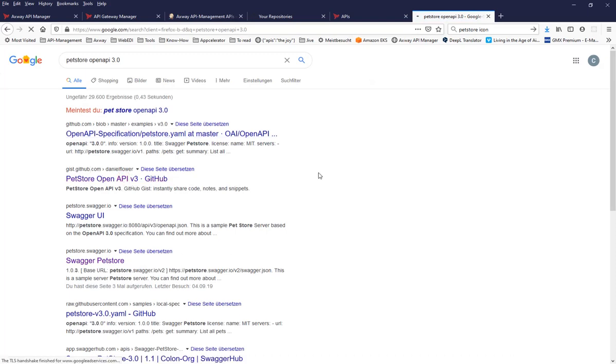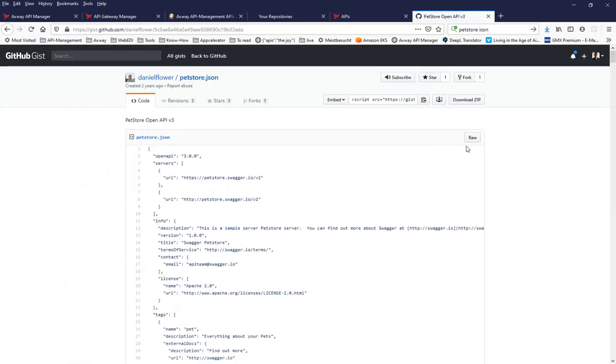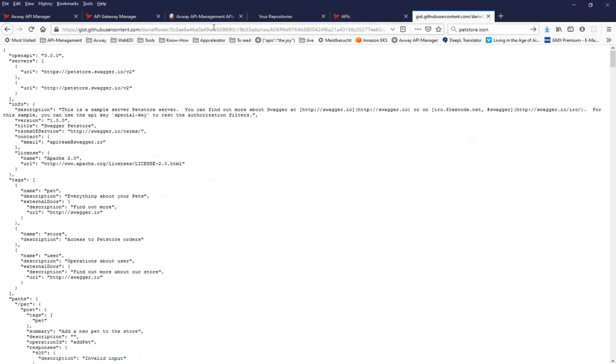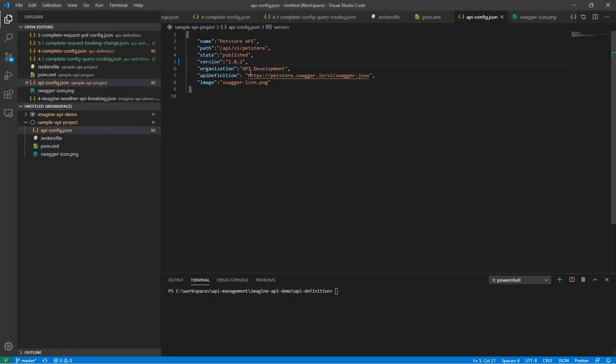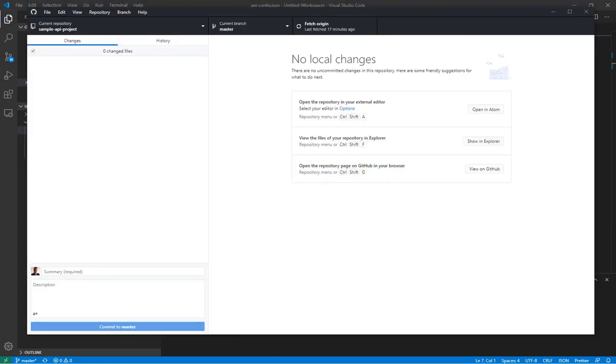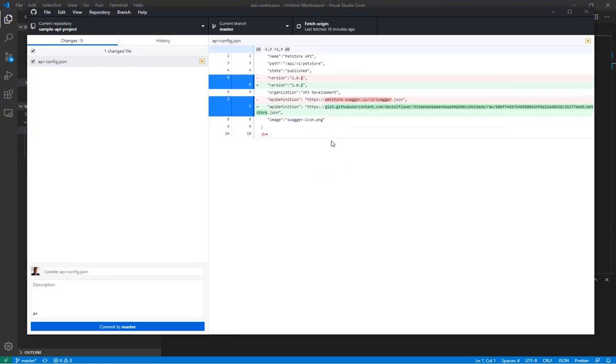Yeah, it looks good. And this is raw. Let's say we would like to take the Open API 3.0 as an example instead of 2.0 and replicate that API as the major version change. And now if I check in the code and say this is my new desired state, updated API to 3.0, commit to master,